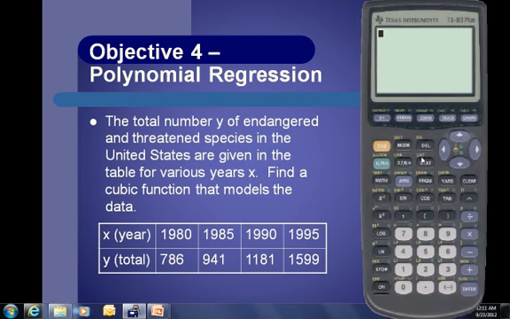So we are going to go into our stat. First thing we want to do is edit. And then we're going to enter our years. Okay, because they don't tell us let x represent the number of years since 1980, we are just going to enter these 4 x values in as L1. So we've got L1 containing 1980, 1985, 1990, and 1995. Now for L2, we're going to put in our numbers,